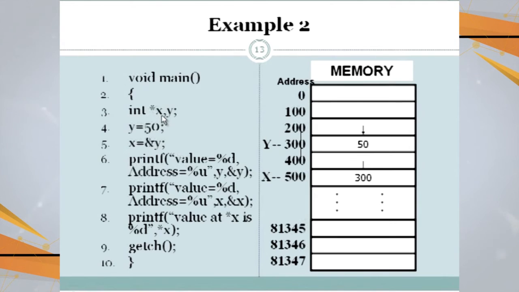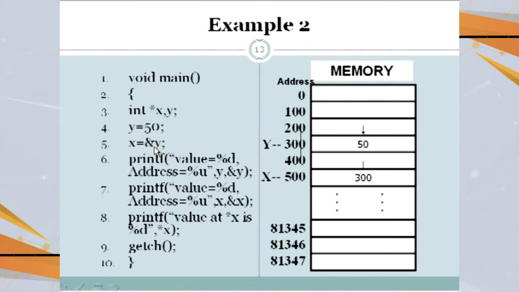Let's study another example of a pointer. In this example, we have declared a pointer variable *x. You should remember that it is not necessary to name the pointer variable as x. You may use any valid variable name with the pointer variable, and then a simple variable y has been declared over here. Then we are initializing y equals to 50,